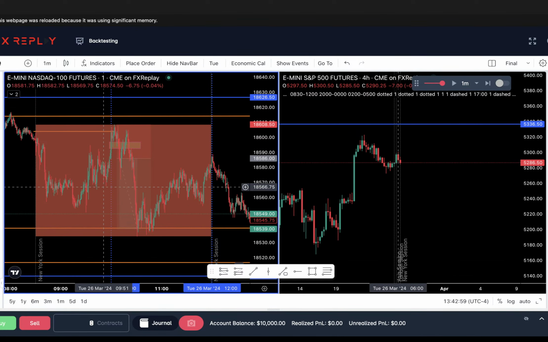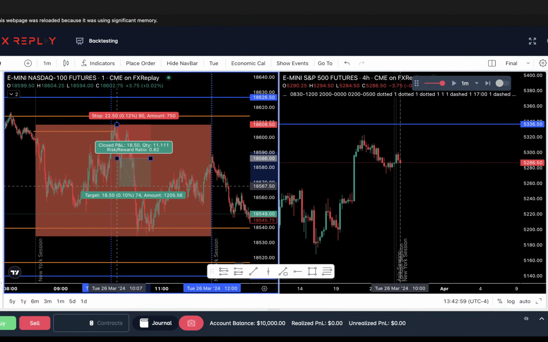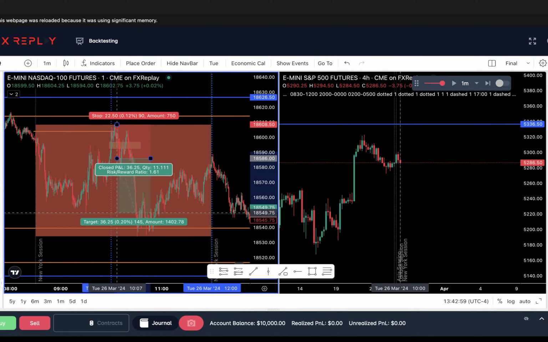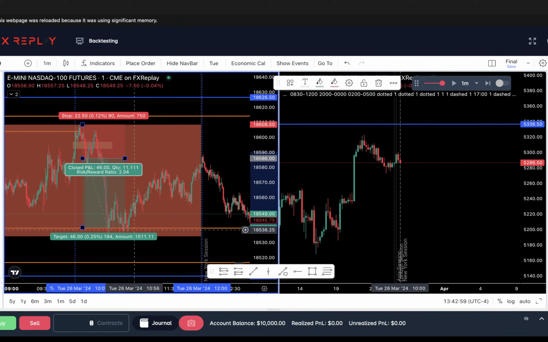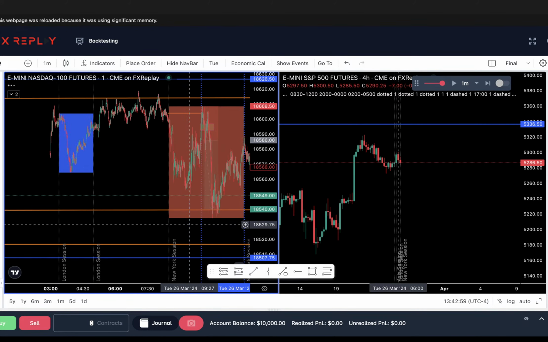Now you can take partials, but again, at a liquidity point. Liquidity here, one here, one here, one here. But like I said, I try to at least, if there's a liquidity that's a 1 to 2, 1 to 1.5 above, that's my target, and that's it. I don't need to do anything else.